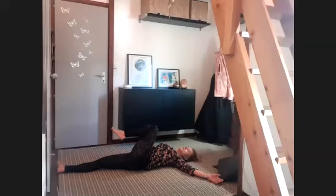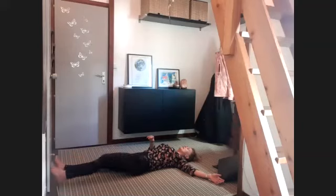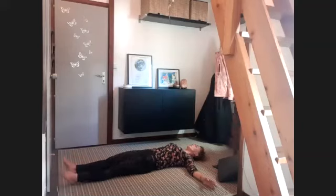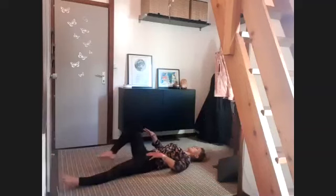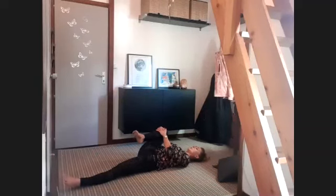And ease all the way back, extending through the left leg. So taking a moment before we change sides. We're just going to notice changes in either side. Does one side feel different? Perhaps not. Draw the right leg in,